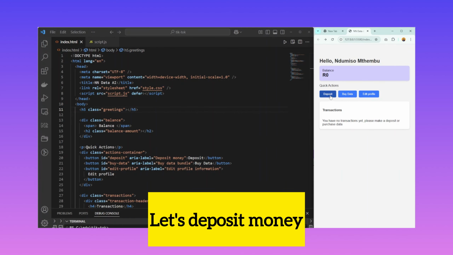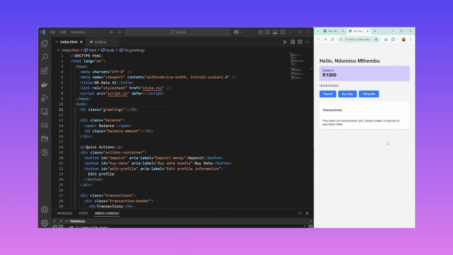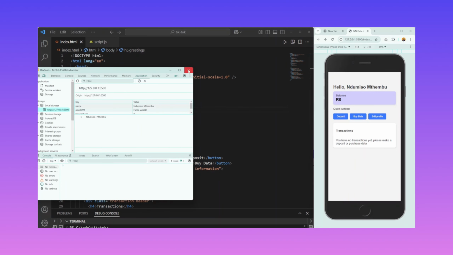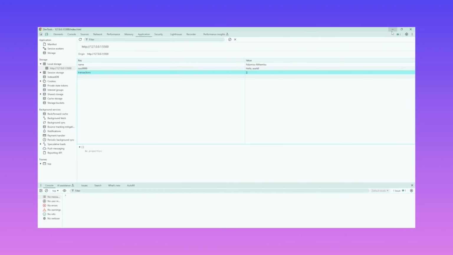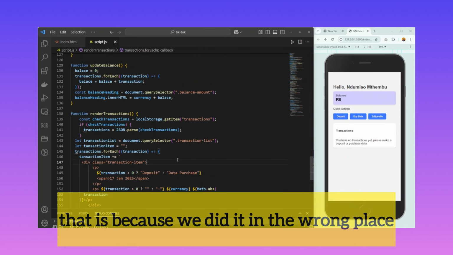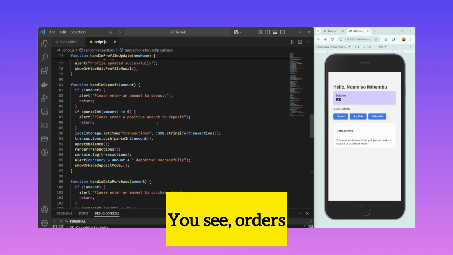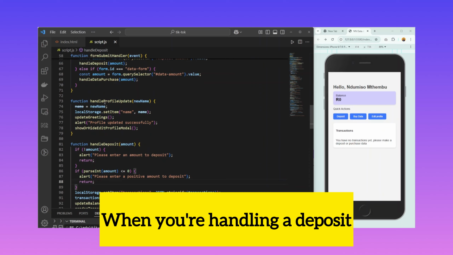Cool. Let's deposit money. Deposit 1,000 and save. Let's refresh. Let's look at the local storage. Okay, we have transactions, which is an empty array. Okay, cool. So that is because we did it in the wrong place. You see, order when it comes to coding matters a lot, right? When we're handling the deposit,